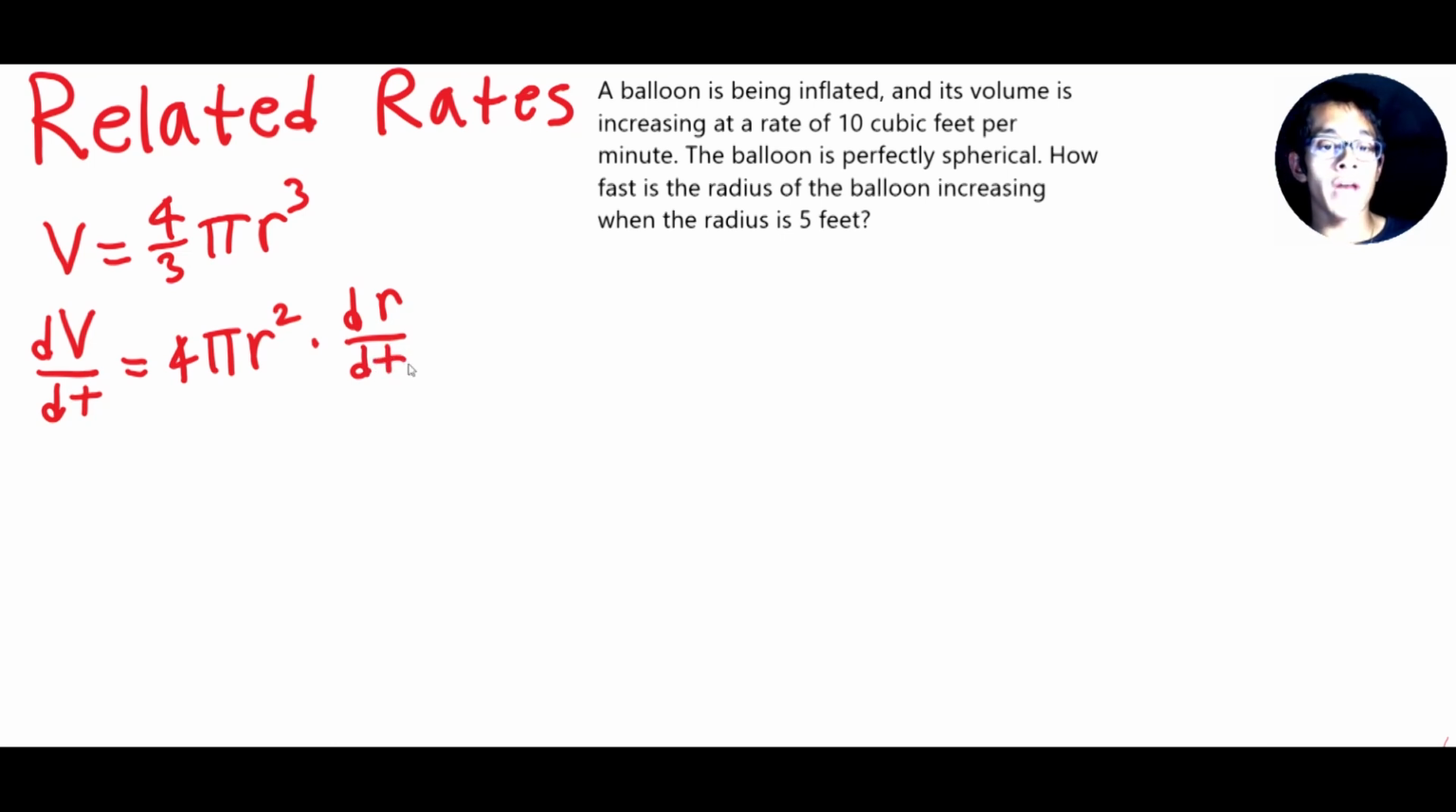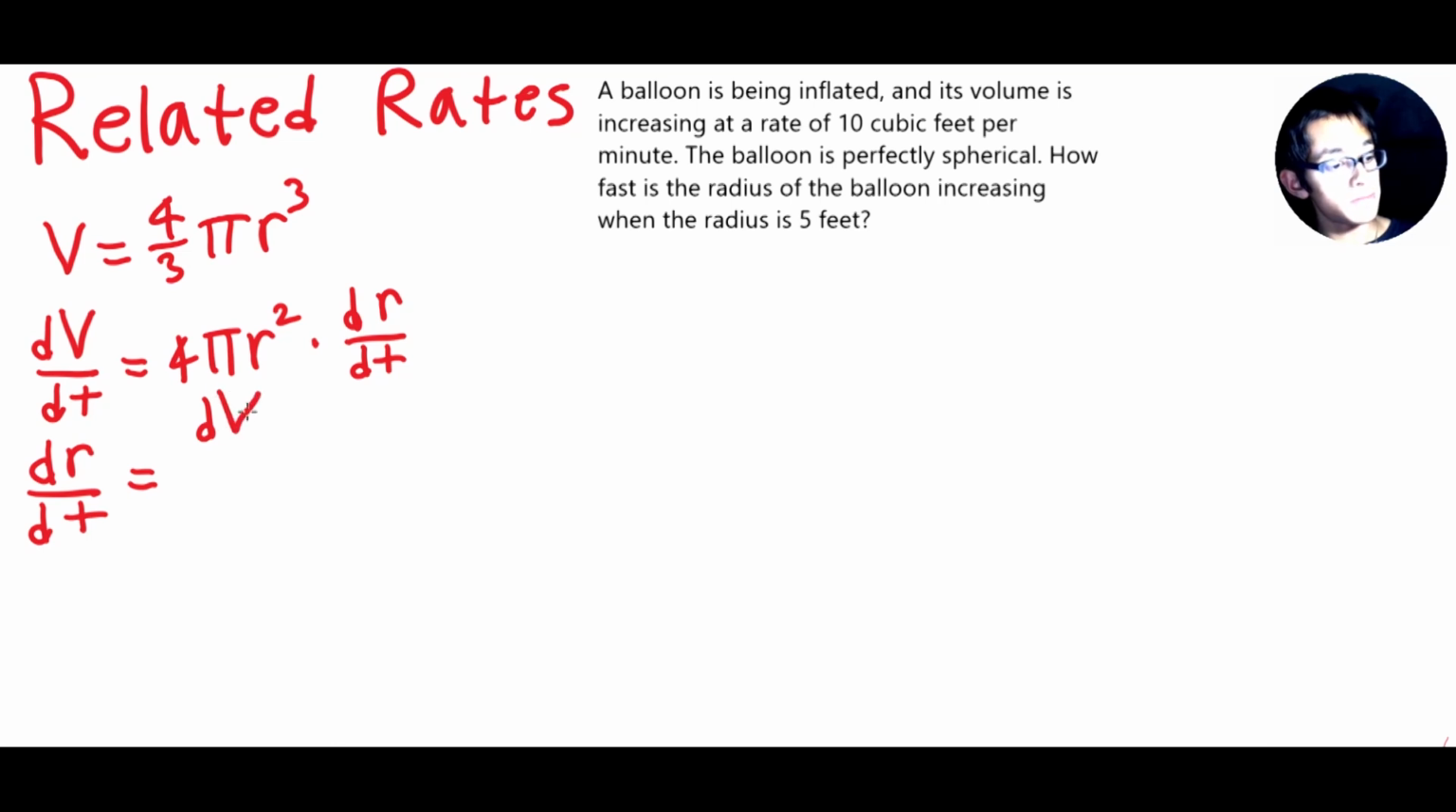Okay, so what can we go ahead and do now? So the question is asking, how fast is the radius of the balloon increasing when the radius is 5 feet? So we need to find dr/dt because that is the rate of change of the radius of the balloon. So let's go ahead and solve this equation for dr/dt. And that should be pretty simple. All we need to do is move everything else other than dr/dt from the right side of the equation to the left side of the equation, which is going to leave us with dr/dt is equal to